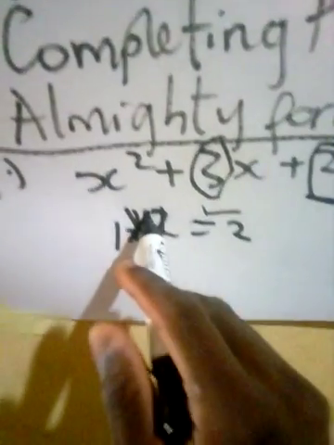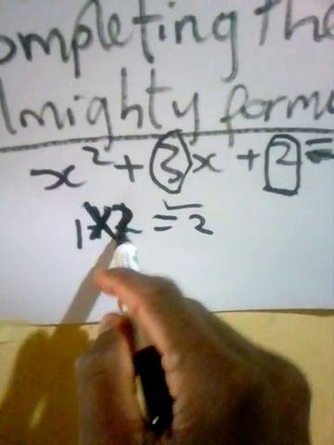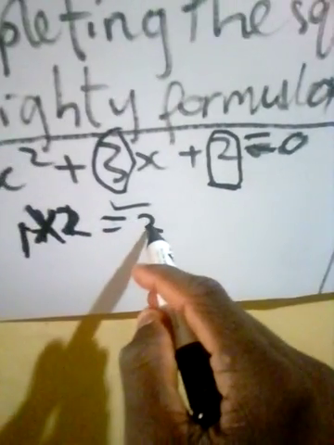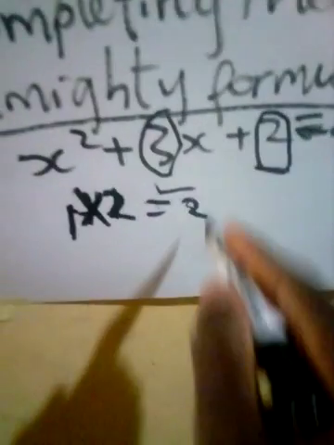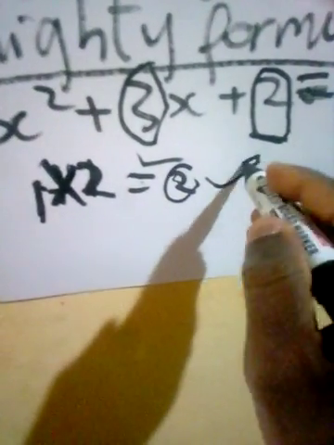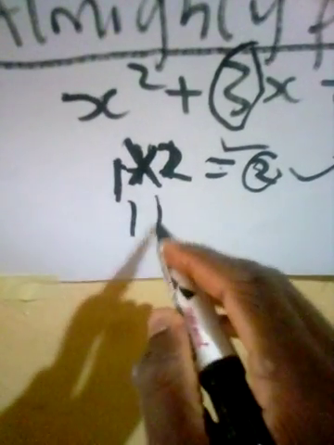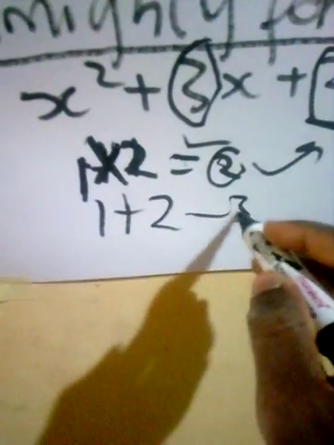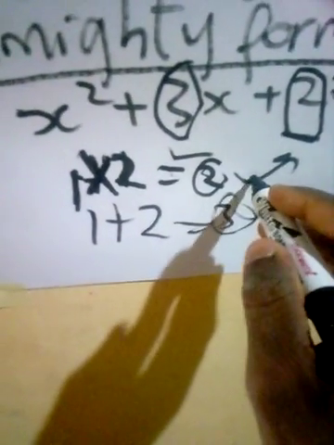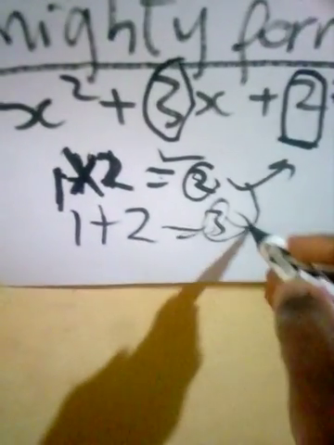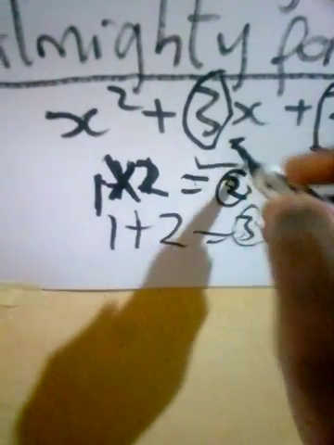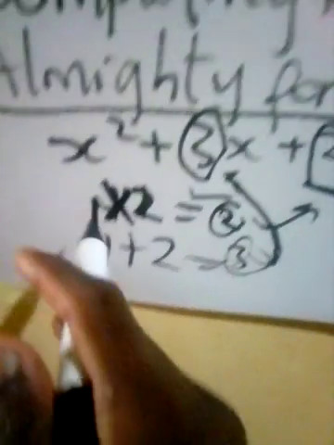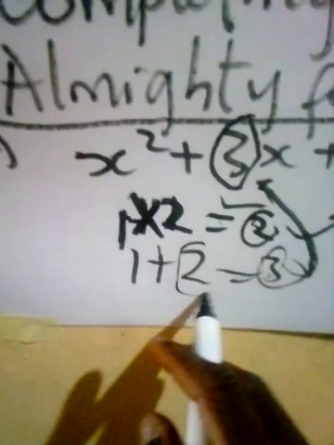So if I have 1 times 2, it gives me 2. So the product gives me 2. And 1 plus 2 gives me 3, so their sum gives me 3 and their product gives me 2. So my factors are 1 and 2. And normally the highest number will appear first, the lowest number will appear second. So putting this, I have